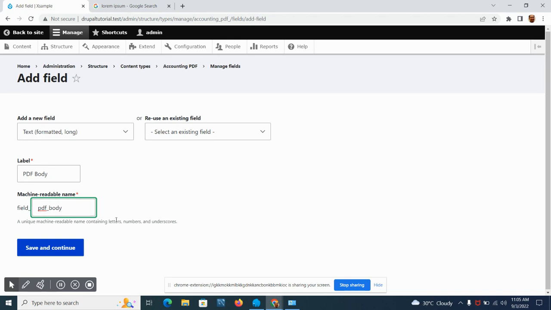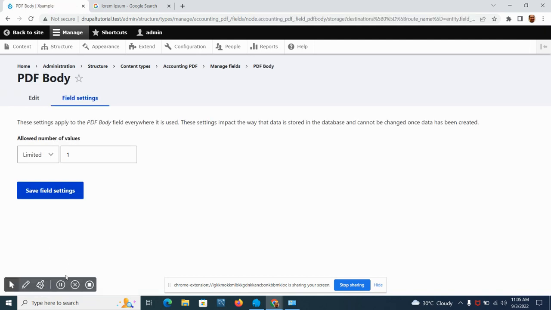So let's just name it as PDF body. Depends on you on what you want the field name will be. Okay, and let's continue. So save the field settings,